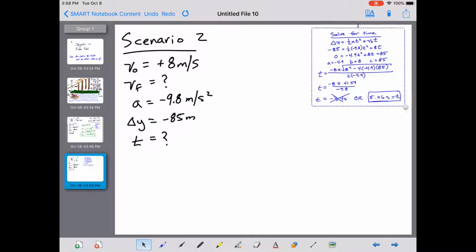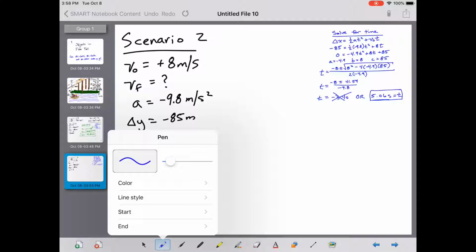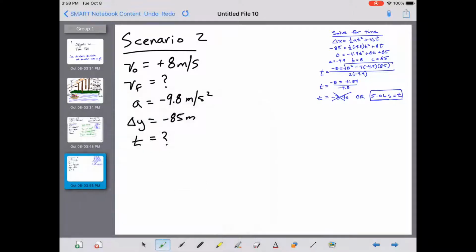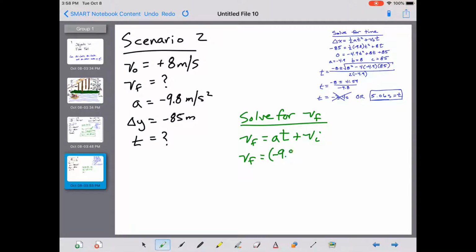Now we can solve for the final velocity. So same process. Solve for v final. We get v final equals acceleration times time plus v initial. So v final is equal to negative 9.8 times time, 5.06, plus my initial velocity of 8. So this becomes negative 9.8 times the time you just calculated. Again, don't round. Plus 8. I get negative